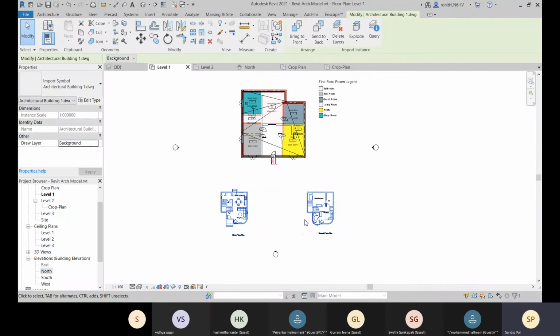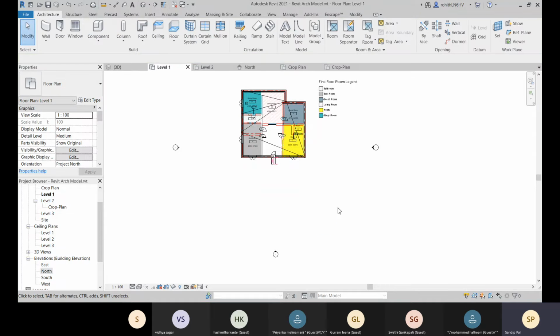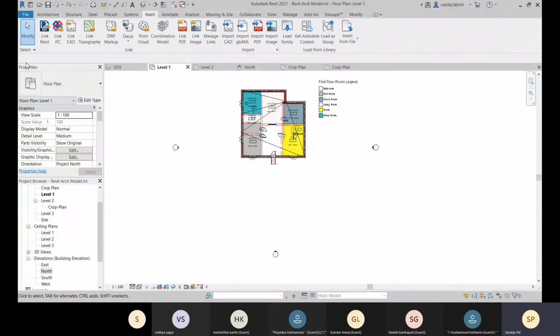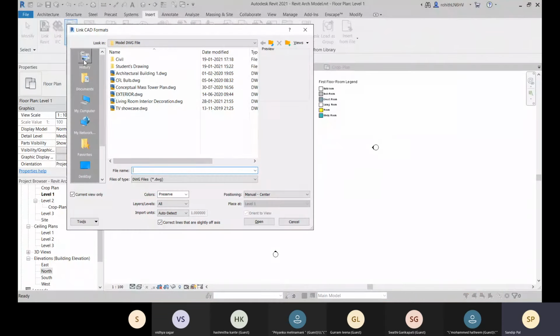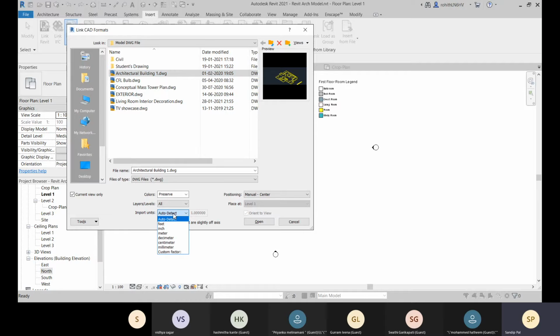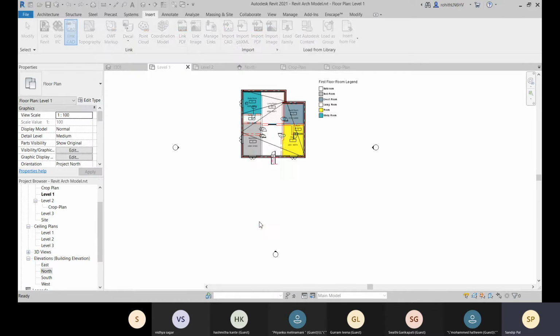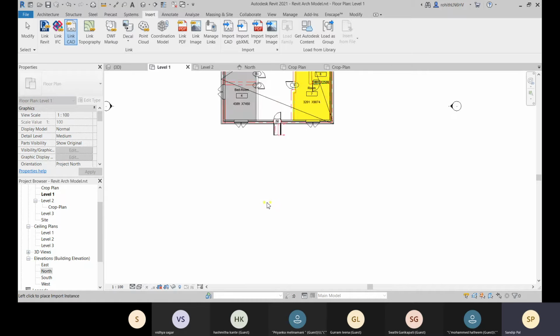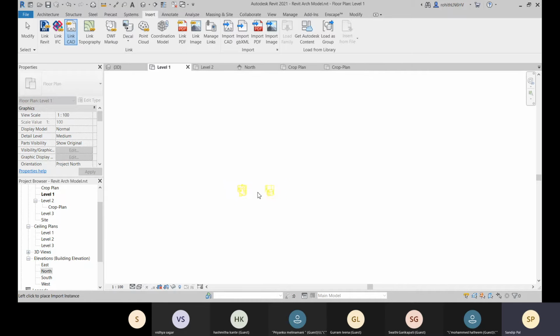this is about your import CAD option, and we have another, like insert, and there you have this link CAD. So if you choose this one with that same configuration, let's go for this open, or else you can go for this limiter over there. Let's click on open, and do this.